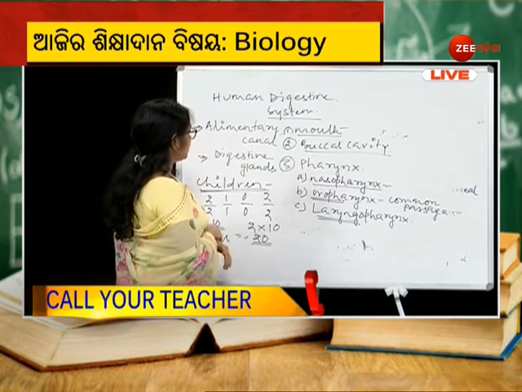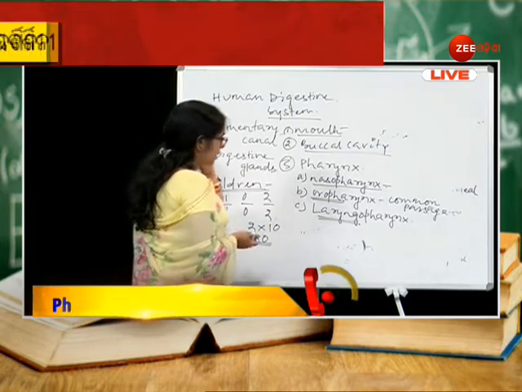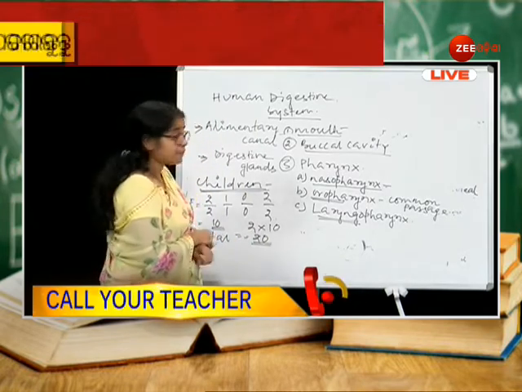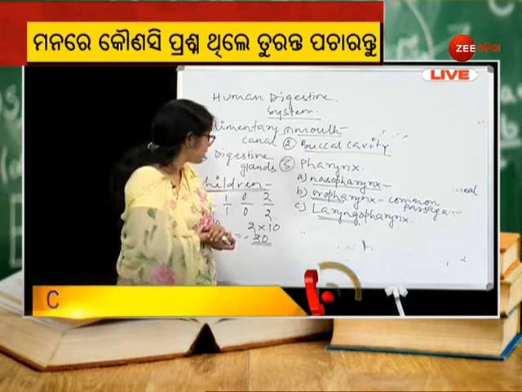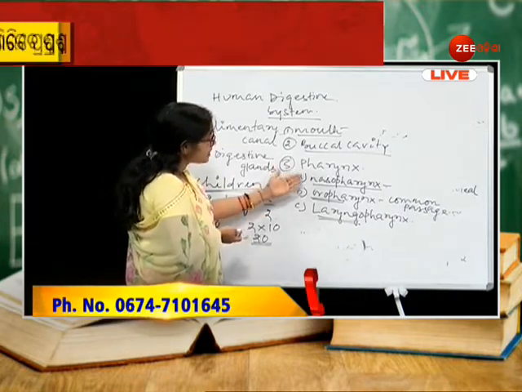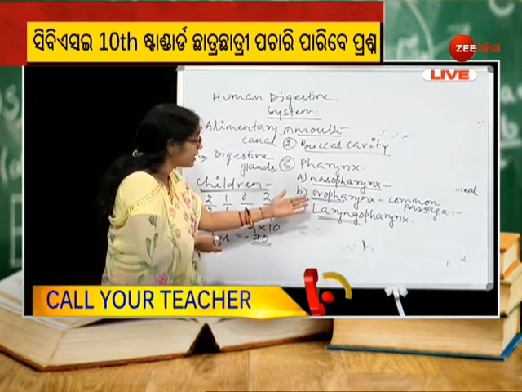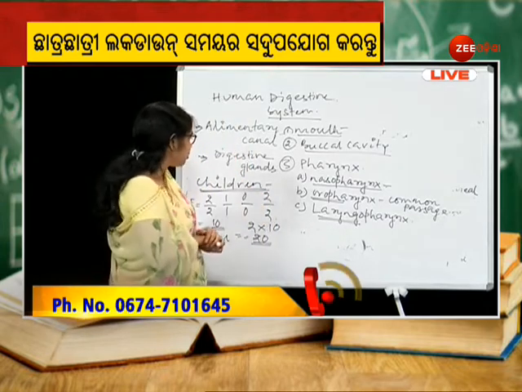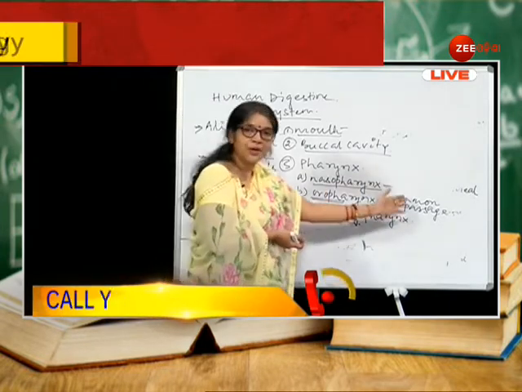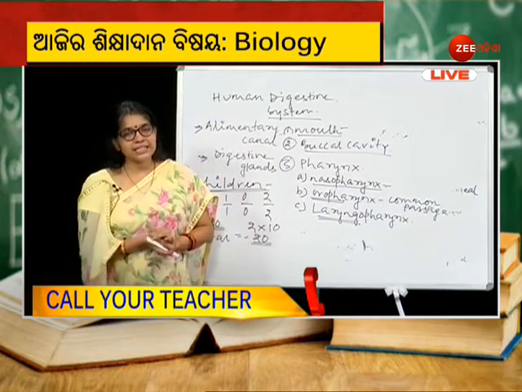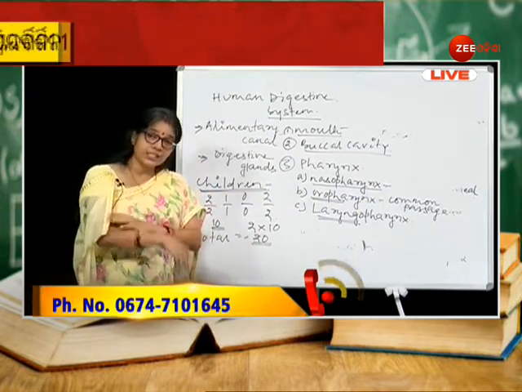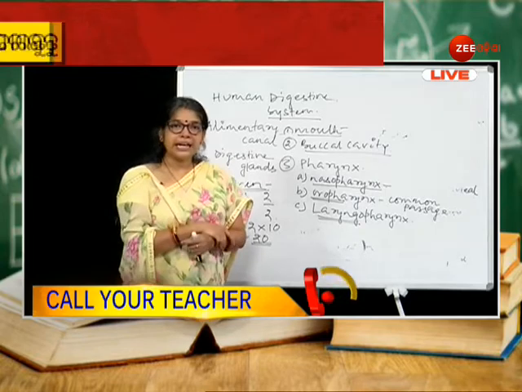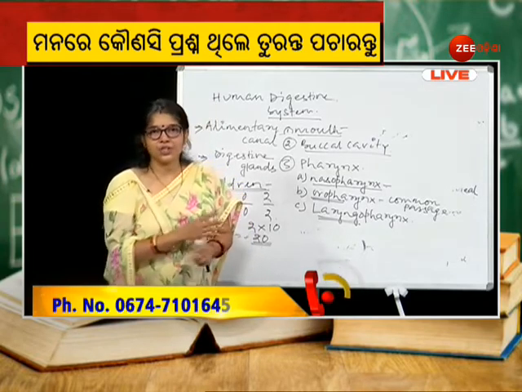Okay. So, next one is the pharynx. Pharynx is the common pathway that is present in both the digestive and respiratory systems. It is divisible into nasopharynx, oropharynx and laryngopharynx. Nasopharynx is connected with the eustachian tube, and oropharynx is the common passage present in both the digestive and respiratory systems. Though pharynx is the common passage, we have already discussed that food and air cannot enter into the same passage at the same time.